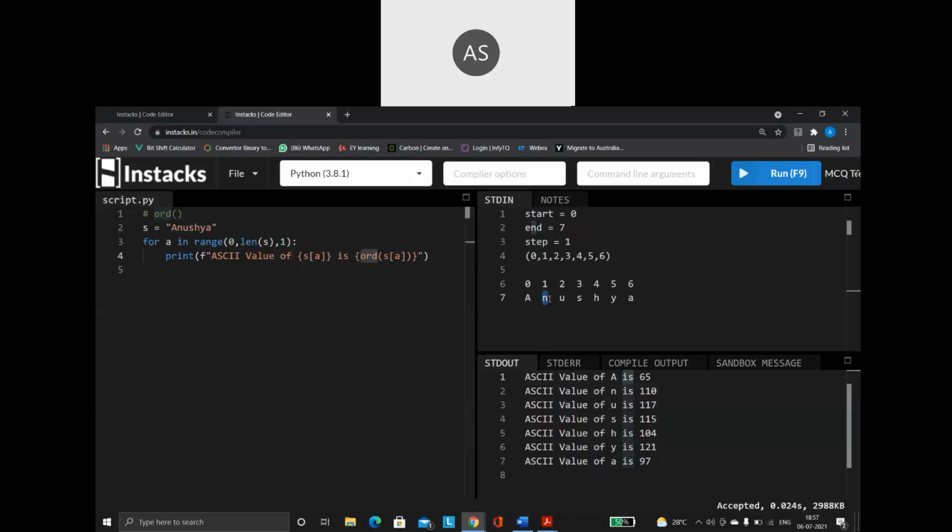N. So ASCII value of N is, it will give you that number. So like this, from the starting of the loop till the ending of the loop, each and every time it will take one number from the range function automatically. So this is how I will be making use of the for loop with the range function.